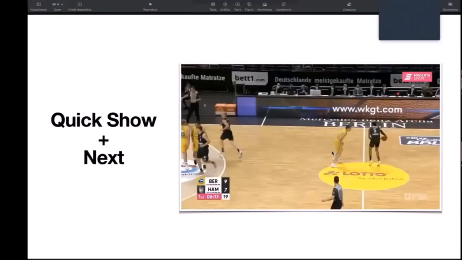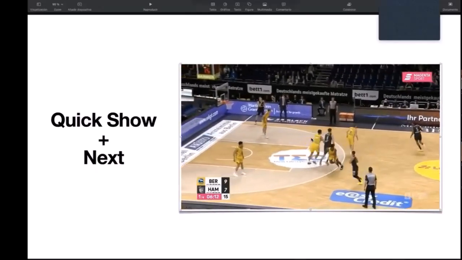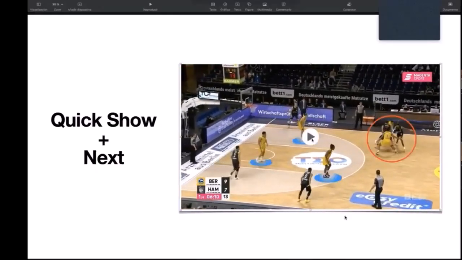Here we can see the quick show plus next concept. High post entry again. We will stop it here. We can see the quick show, ball handler getting to the hip. Quick show trying to avoid the corner turn. Next is in place, ready to stunt, depending on how aggressive the corner turn is, or if the ball handler is able to punch through. Single tag side is ready for the diagonal tag, and last is in place. Now there is an